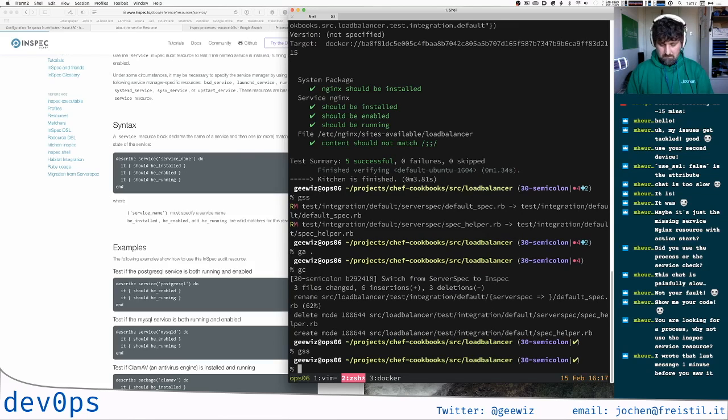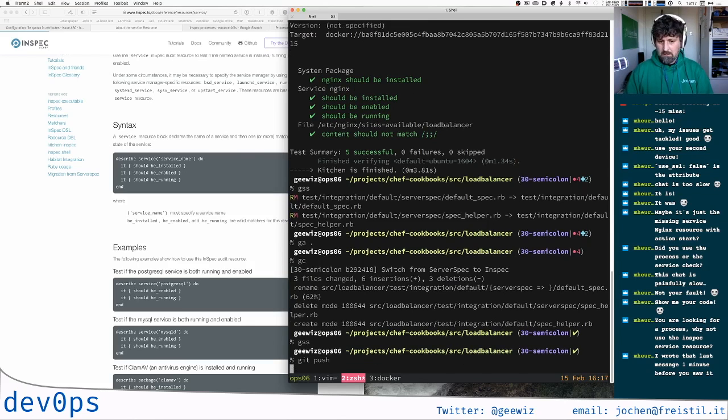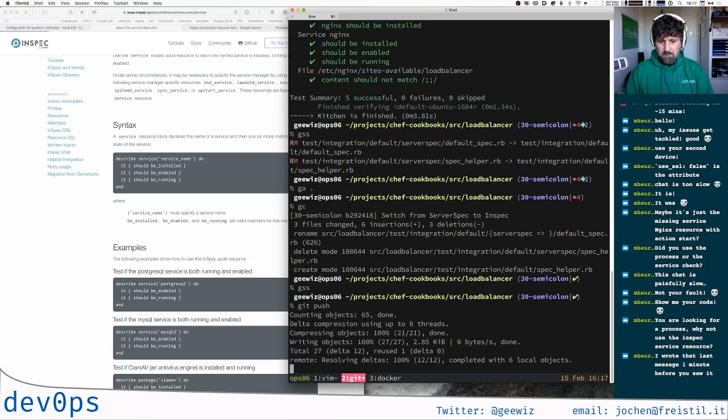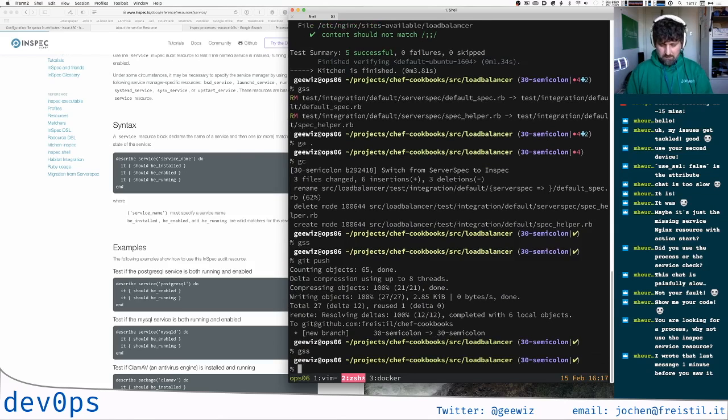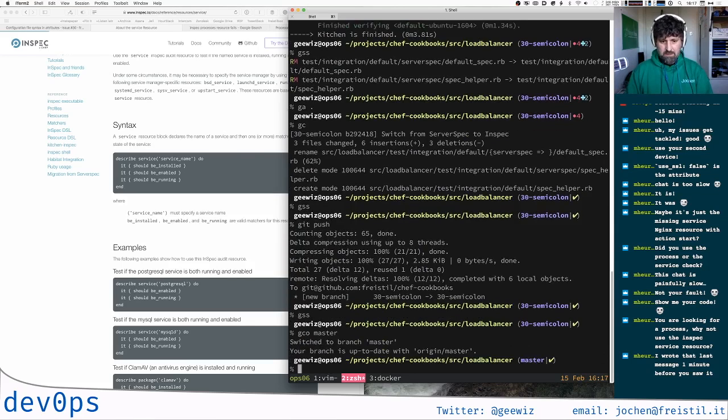Okay. I guess that's it. And I'll not rebase these two, push these two commits because they are meant to be separate. So that's that. We're clean. Let's go back to master